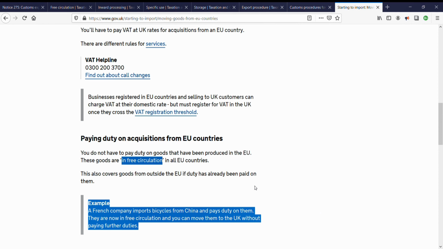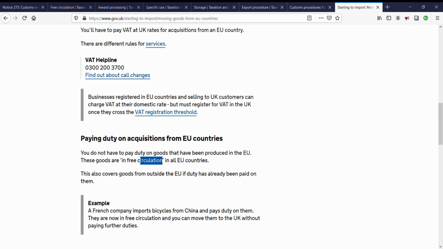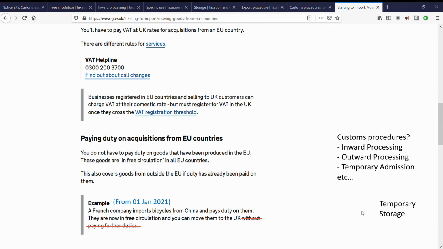However, from the 1st of January 2021, for the same example, in the absence of any related terms in trade agreements between the UK and the EU, although the situation with regard to VAT remains unchanged, the situation with regard to duties has changed. You now need to pay duties on your goods. Your goods will be subject to any applicable measures, restrictions, reliefs, etc. So, all this must be key points to bear in mind when exploring UK and EU customs procedures. Speaking of which, temporary storage. Next,